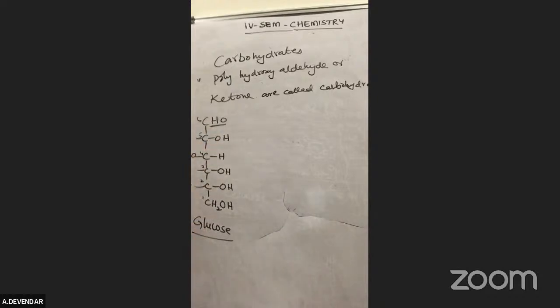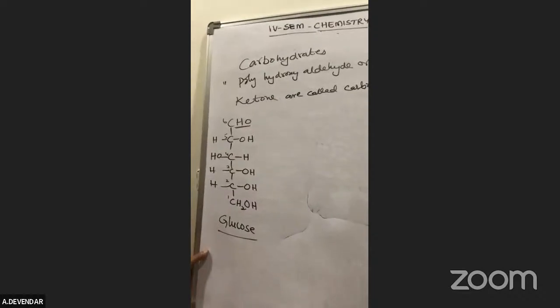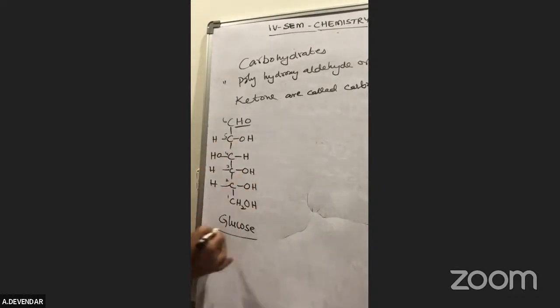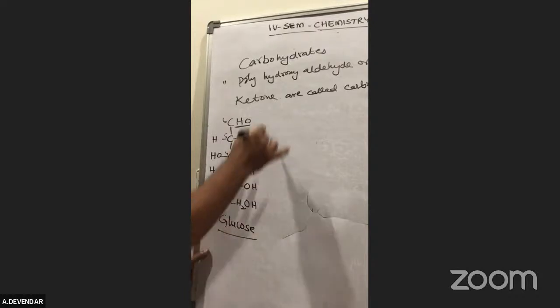That you have the idea of configuration of that one. Okay, so no need to worry about that. D glucose, L glucose. D means dextro, L means levo. We use only the dextrorotatory form in our carbohydrate. That means D-glucose. D means dextrorotatory; this OH will be present on this side. This is D plus glucose. Now you can recognize